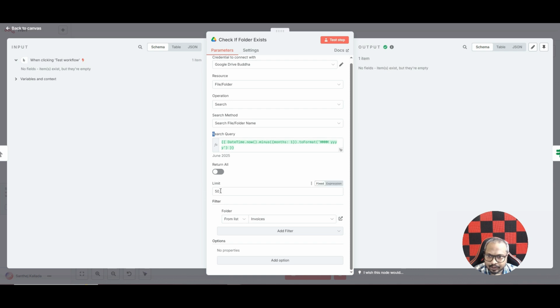And here limit I have put as 50. And from list, folder from list, I have selected my folder name, that is invoices. I need to search in my invoices folder to see if there is a folder with the current month's name. And if there